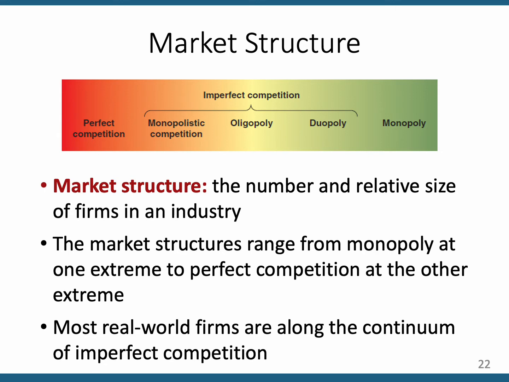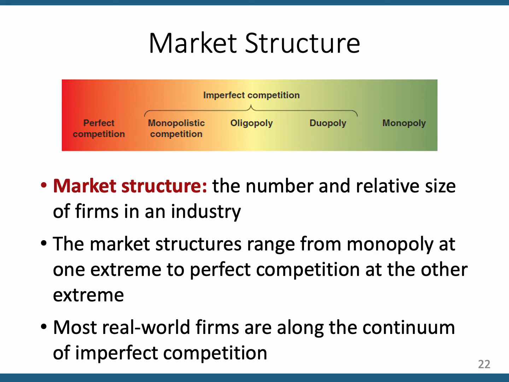A special case of oligopoly is duopoly. That's when there's only two sellers. Sometimes we see this in very local markets. You might only have two choices of who to buy a product from. That's a duopoly. That's one kind of oligopoly. But in general, an oligopoly is where there is just a few sellers that collectively have the majority of the market share.